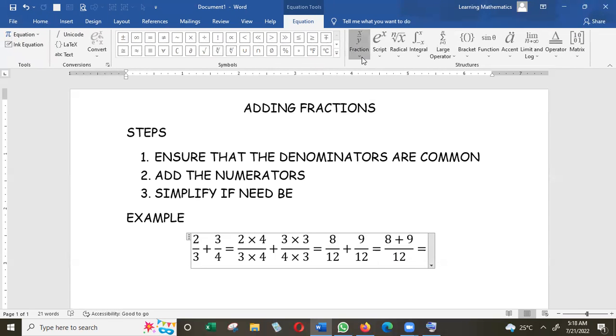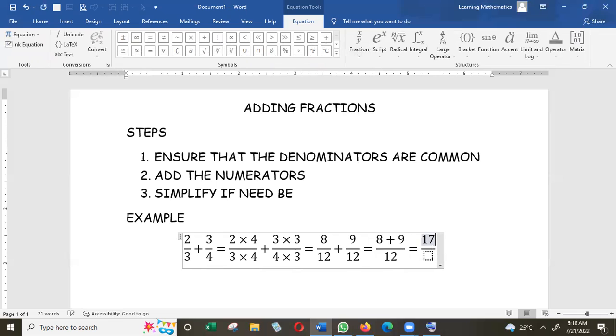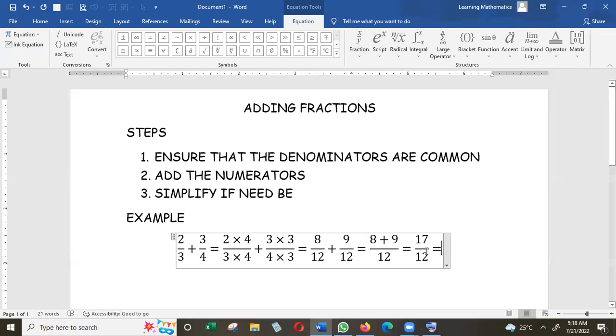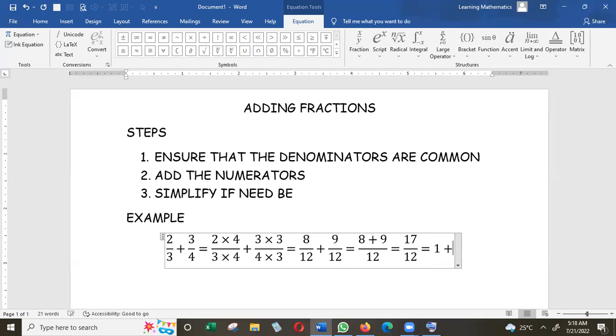Go back to equations, fraction, 17 upon 12. And 17/12 can be, well, you can use the word simplify, but you can use the word translate also, translate it to a mixed number. All right, so that will be 12 into 17 goes once. All right, plus the remainder now, that would be 5